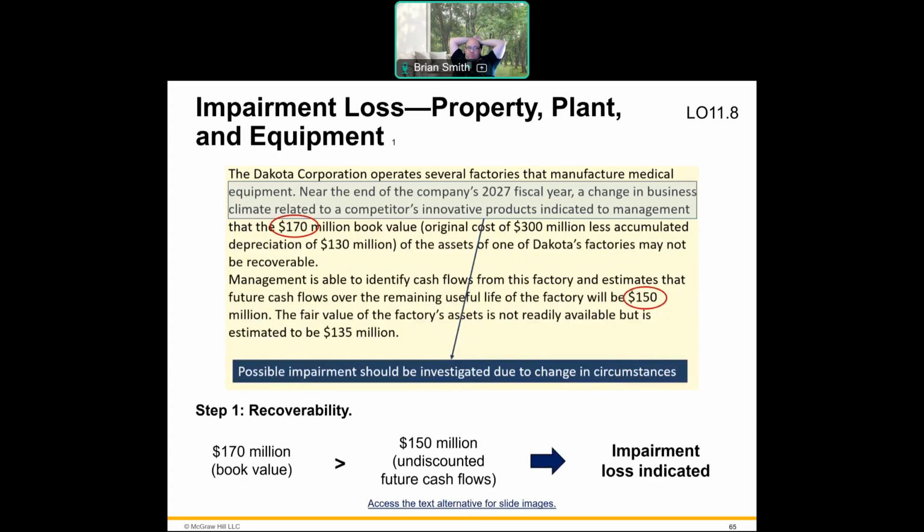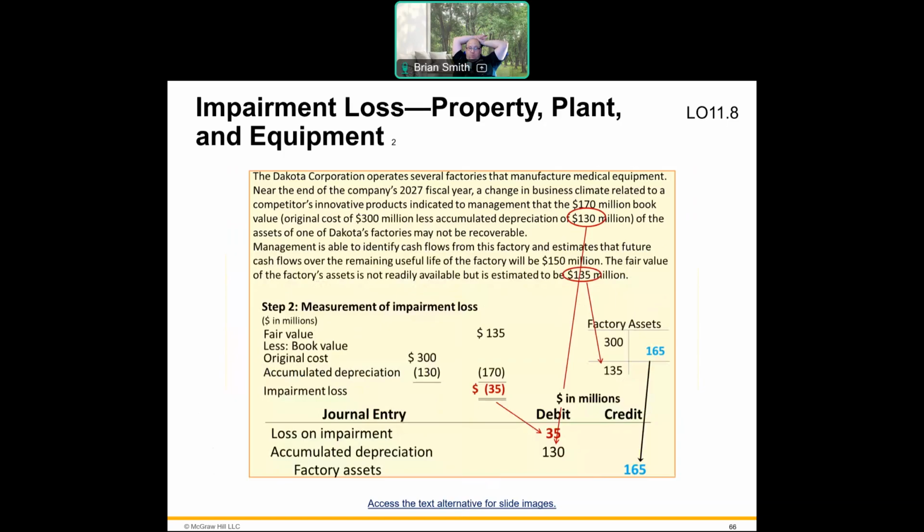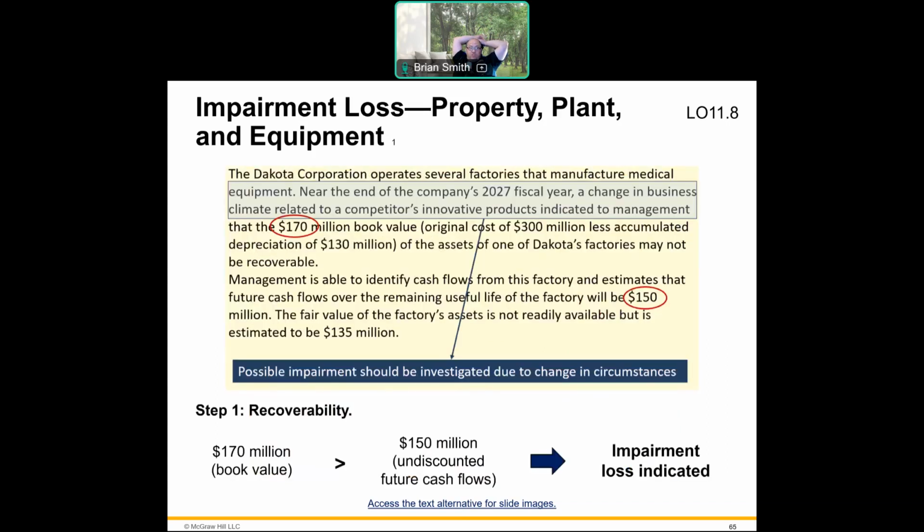So here's a situation. I think this is the notes to their financial statements. And so we're seeing that the book value was 170,000, but 150 million was the undiscounted future cash flows. So the impairment loss is indicated and would be for 20 million. In this case, we got 130 million. Is that different? Oh, wait, no,